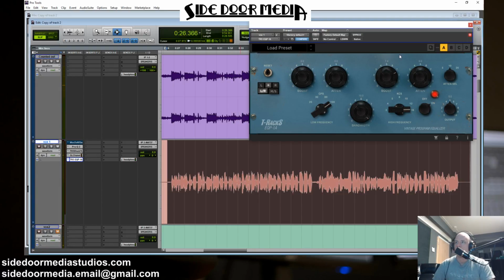So this second one, Attenuate, which is doing subtractive EQing, but when you boost and attenuate on a Pultec, it does a cool little dip right after the boost. It almost sounds like you're kind of compressing it. Let me see if I can